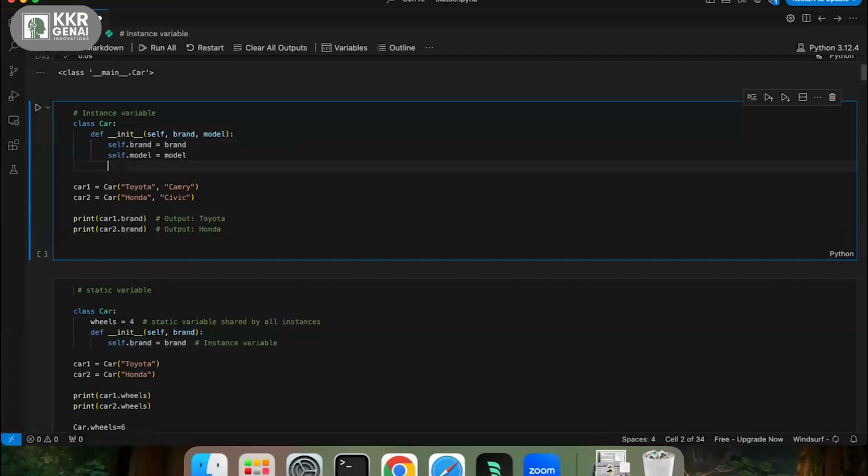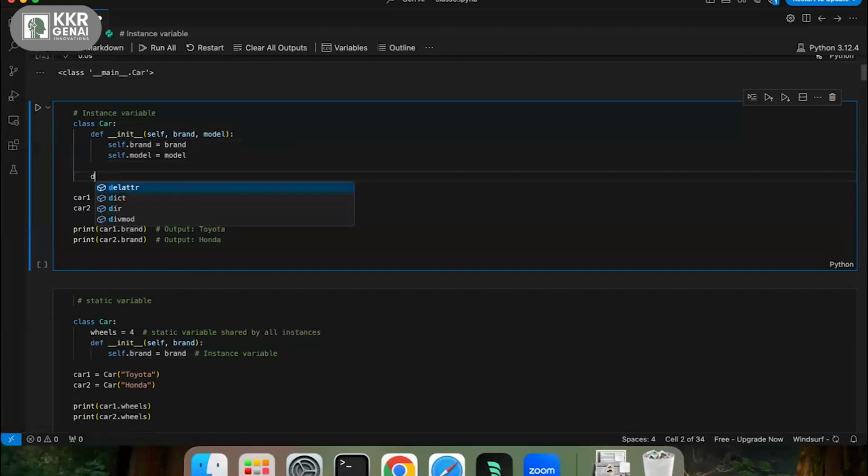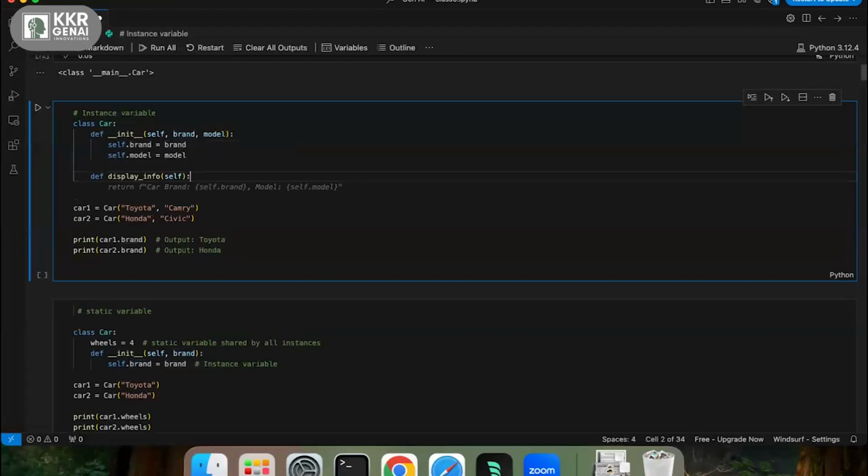Let's say I want to use it inside of the class. How can I do that? Let's say I want to add one more method, and I want to print the brand. Here I'm using the current object's values, the current object's brand and the current object's model.